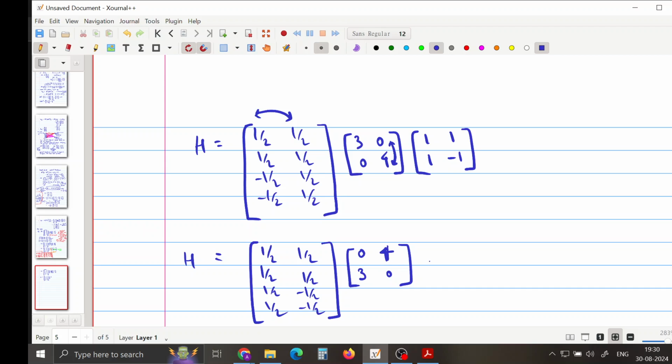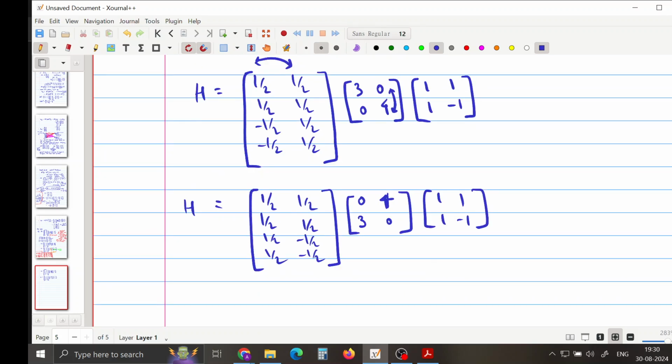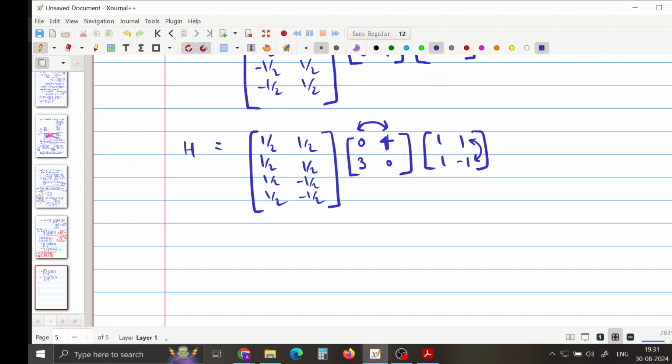So this is 4, this one. Okay, we have not yet arrived at the diagonal form, so one more step is needed, which is swapping of the columns. And if I swap the columns for this, I have to exchange the rows for this. So my H is now